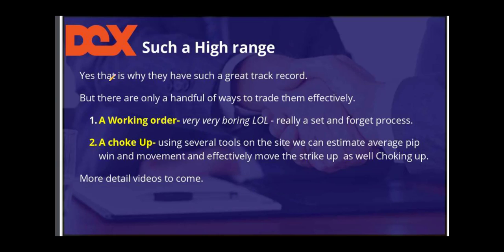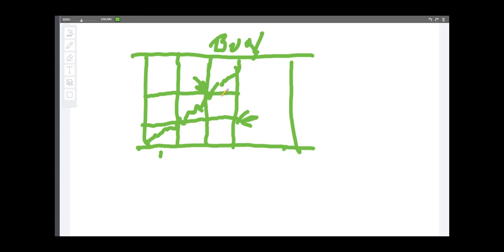Now, because there's such a high range, let me show you here back on the drawing, right? If this is a 20 to 40 pip range, right? So now we're looking at about a 20 to 40 pip range just right here, okay? If the signal lands on a non-20 mark, so let's say on the 15 pips, say it's the